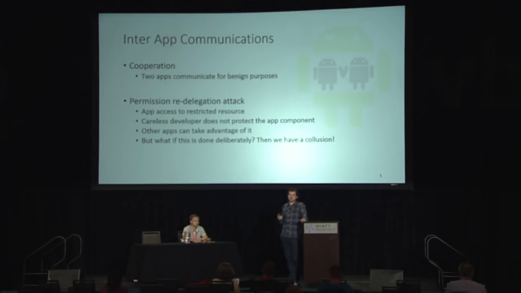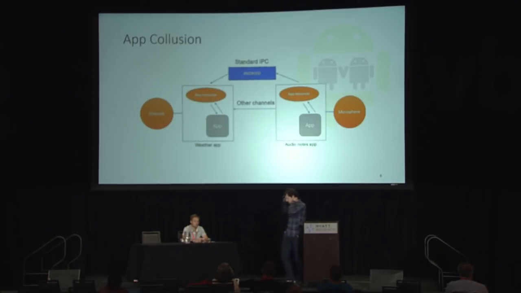But what happens if, instead of having a careless developer and some apps exploiting that vulnerability in the application, we have 2 apps that do that on purpose? We would have something more or less like this. So imagine you have, let's say, an app that portrays itself as an audio notes app. So you could use the app to record notes, for example. And that app obviously has access to the microphone. And the user has also downloaded another app on the device, which portrays itself as a weather application. But the problem is that these 2 apps do more than they say they do.